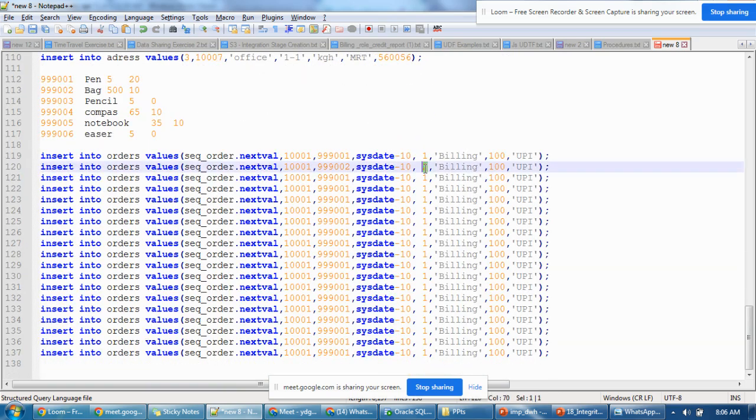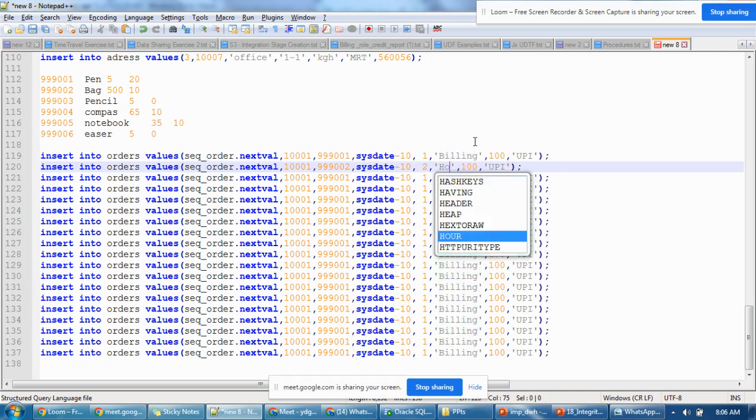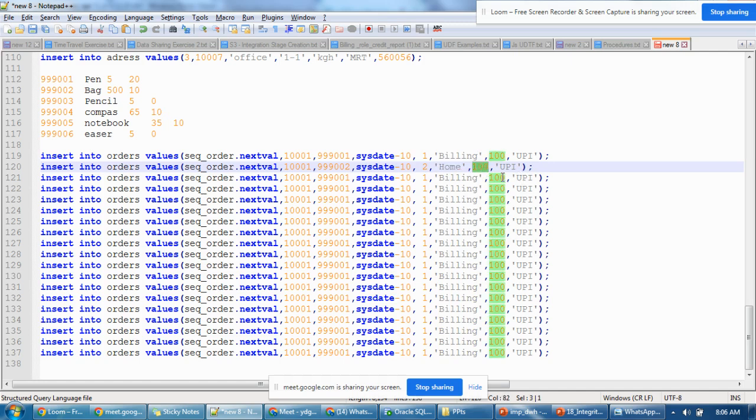So for that you need to pass the address ID as 2, and this will be some home address. Okay, actually it is not required, let's give that one. And he placed only 10 orders. Okay, let's assume he did the payment as cash, by cash for this one. Next, same